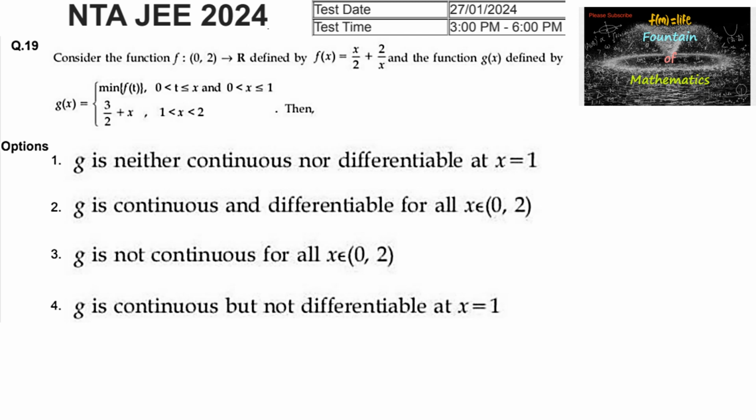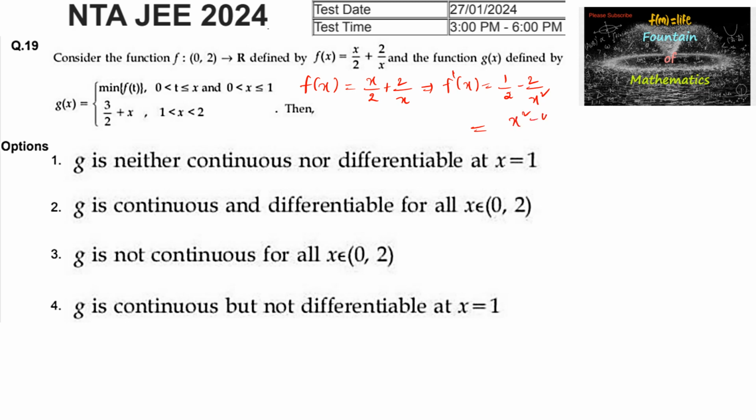Consider the function f from (0, 2) to R defined by f of x is equal to x upon 2 plus 2 upon x, and the function g of x is defined as the minimum of f of t when x lies between 0 and 1, and 3 upon 2 plus x when x lies between 1 and 2. So let us differentiate the function: f dash of x is equal to 1 upon 2 minus 2 upon x square. On simplifying we can write